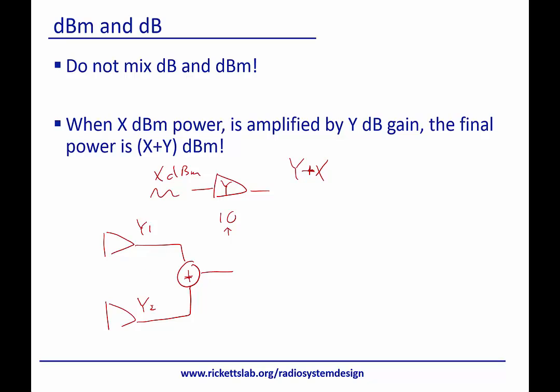Here we're adding in the linear domain, so what would the output be if Y1 and Y2 are in dB? Well, we're going to have Y1 dBm plus Y2 dBm. But remember, we can't, because the actual operation here is summation. What we actually have to do is change this into Y1 linear. And so the way we would do that is I would say 10